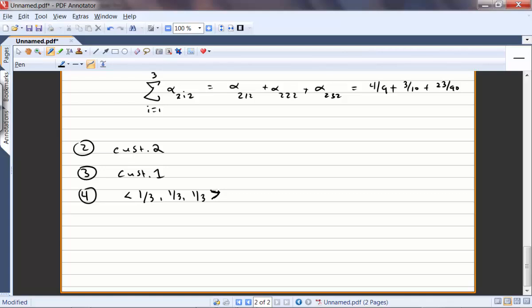For customer 1, what portion of mixed cost would customer 1 get? He would get 1/3 of the mixed cost, right? The first weight is the weight that tells how much of the variable goes to customer 1. The second one obviously tells how much of the proportion of the fixed cost goes, and the third of the mixed cost. So if we use the equal weighting scheme, then customer 1, if we just do this equal